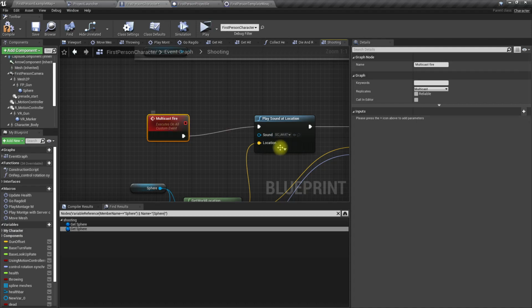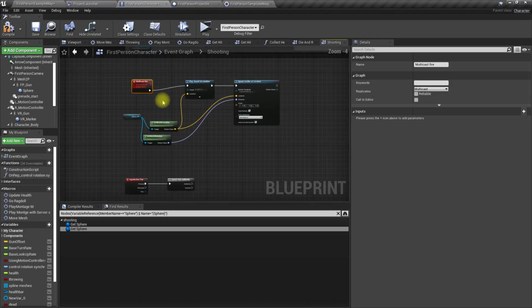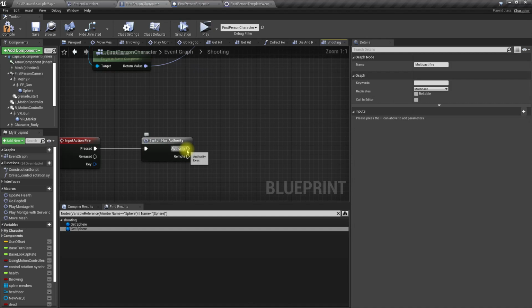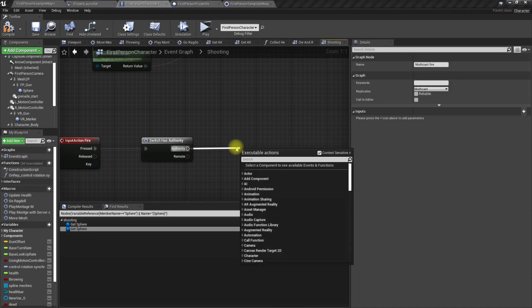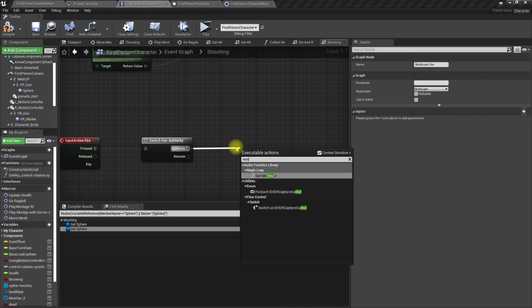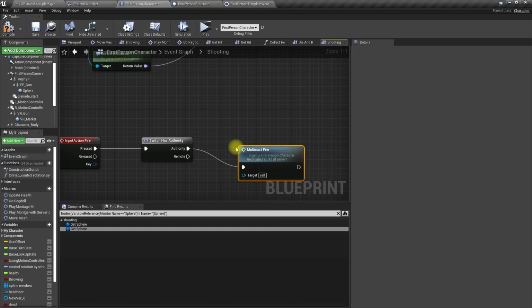Multicast means where I can replicate this event from the server to everyone else. The server executes this event locally too, and we should only call this function from the server. So if we are the server, that means if we have the authority, we can call multicast fire directly